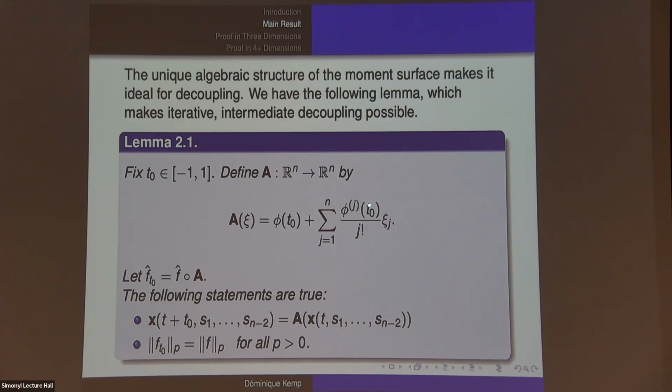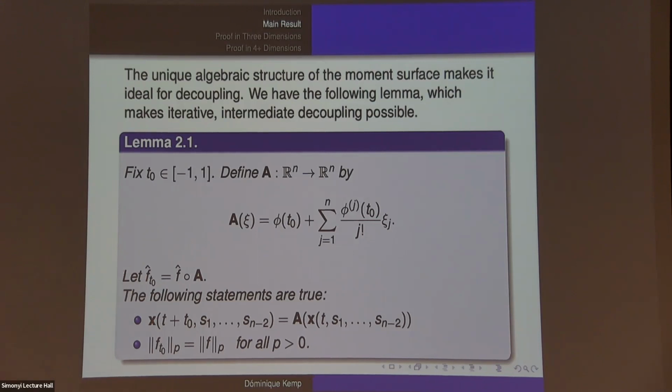And these are the vectors that form the columns of the matrix for A. And you're multiplying each such vector by the jth component of c. You do need the j factorial underneath. And t_0 is fixed between -1 and 1. Now, given some function F_{t_0}, which should be thought of as just composing on the frequency side with A,